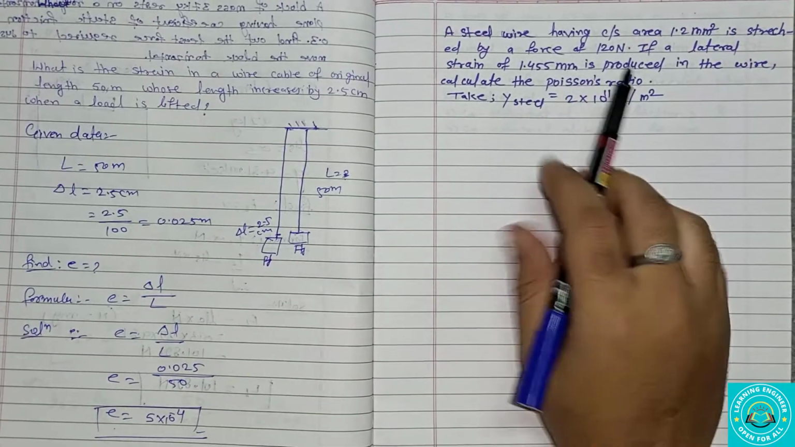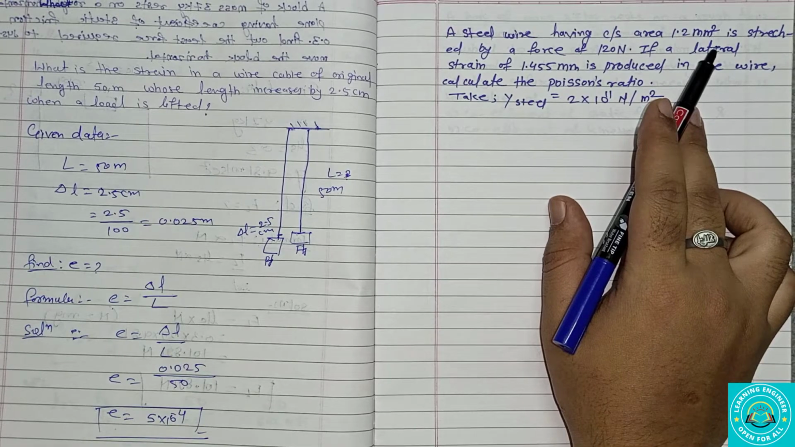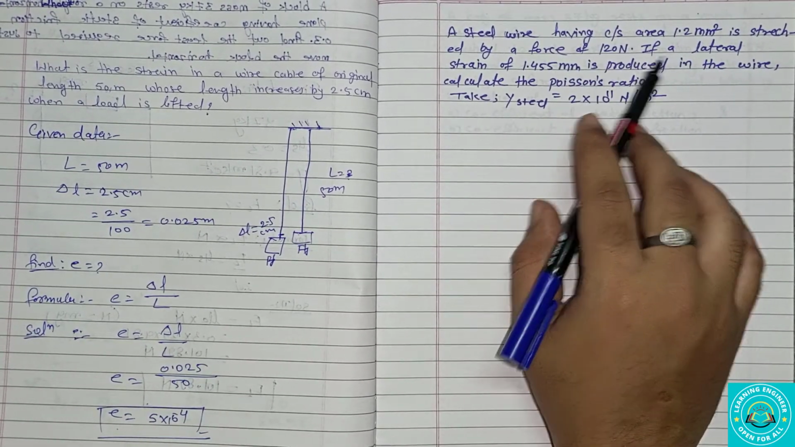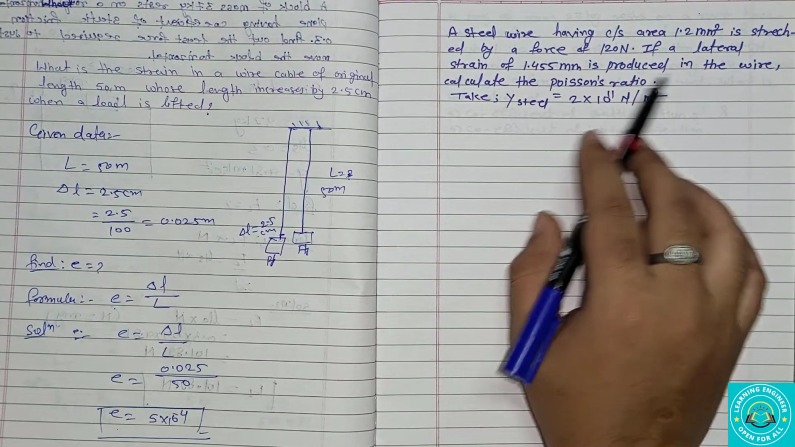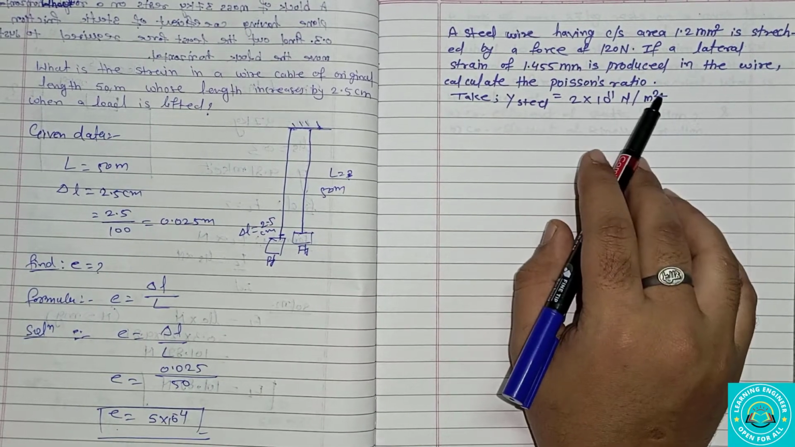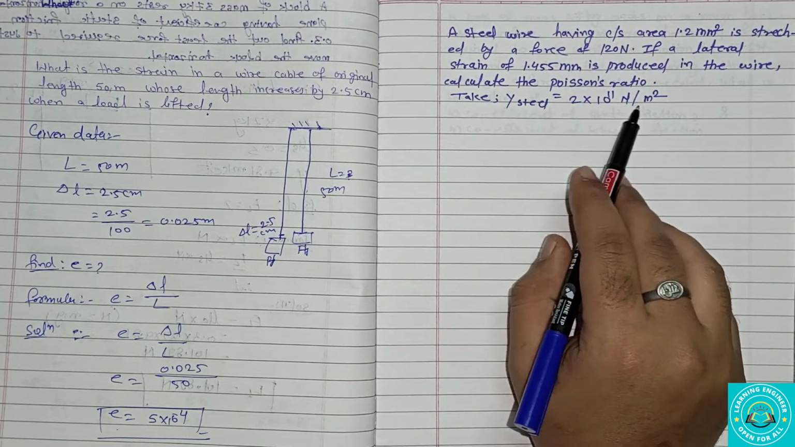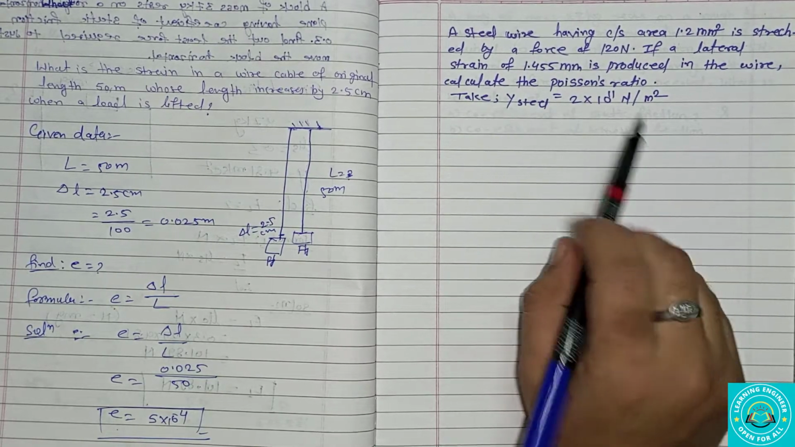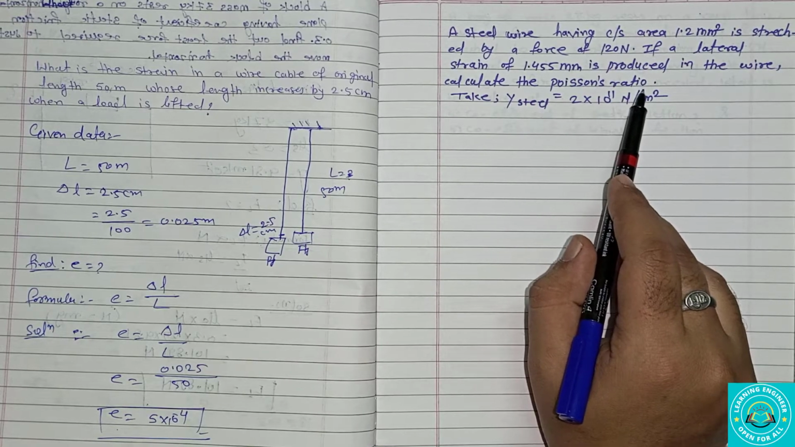A steel wire having cross-sectional area 1.2 mm square is stretched by a force of 120 Newton. If a lateral strain is 1.455 mm is produced in the wire, calculate the Poisson's ratio. Take Y of steel is equal to 2 into 10 to power 11 Newton per meter square. So basically we have to calculate the Poisson's ratio, and we know the formula of Poisson's ratio: lateral upon linear,